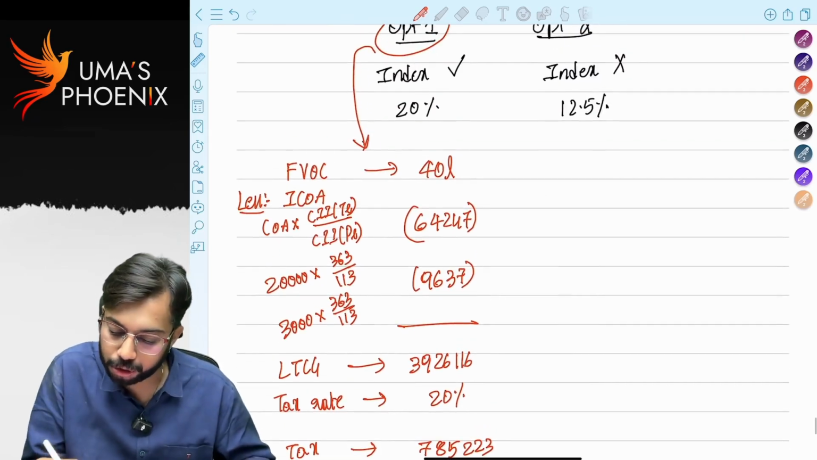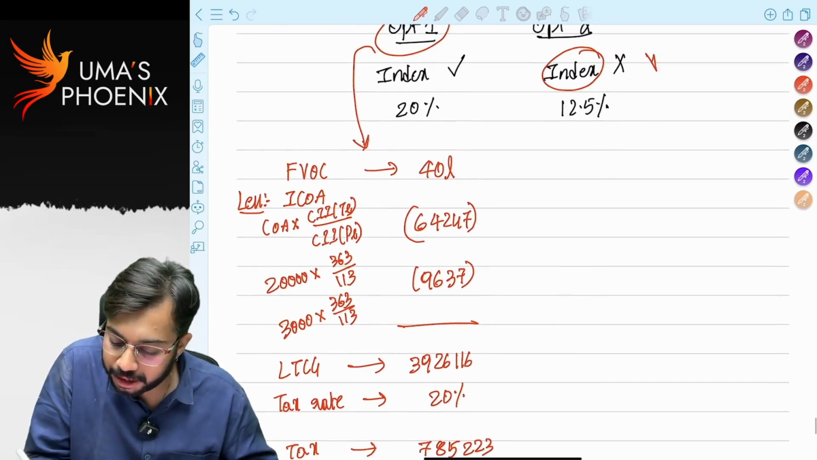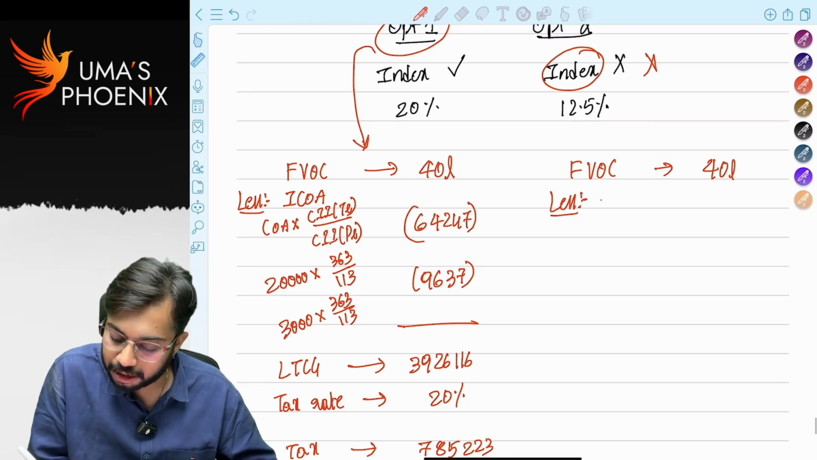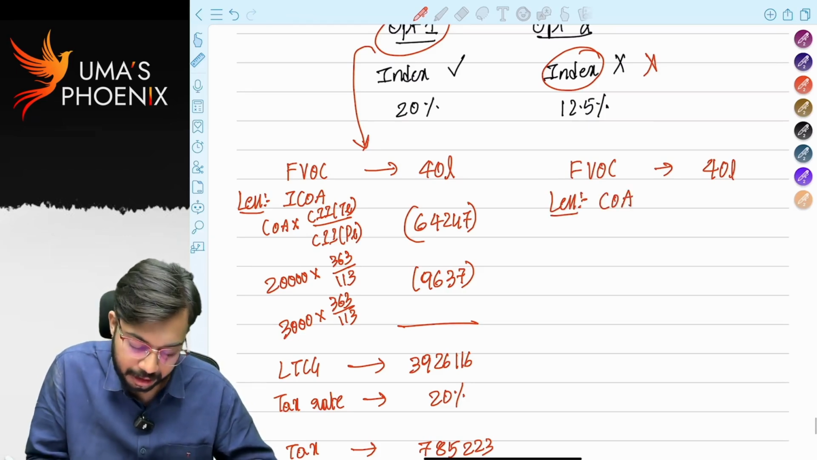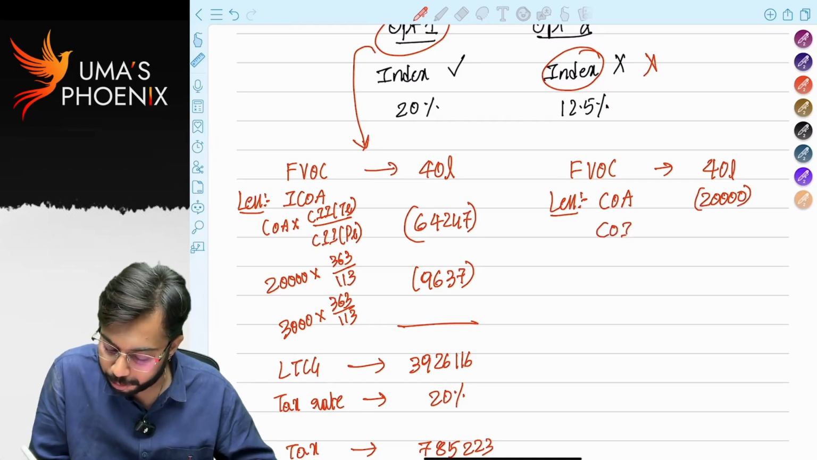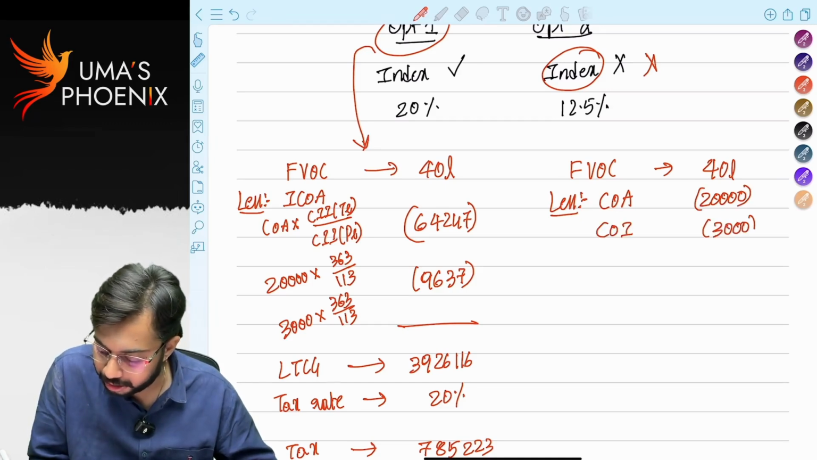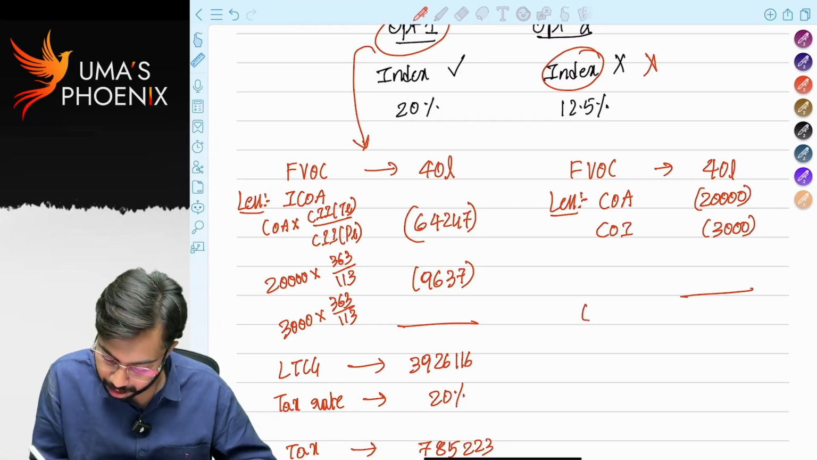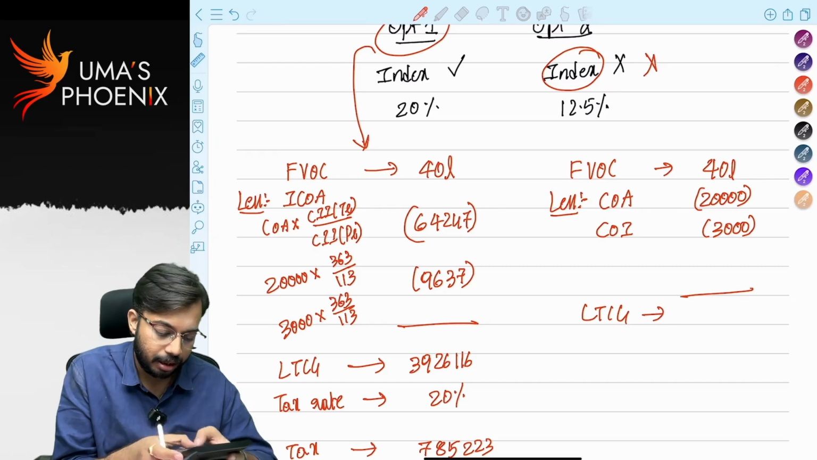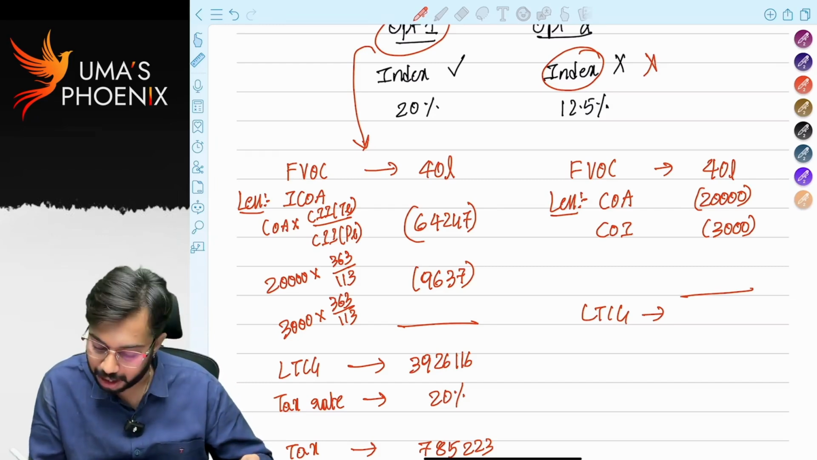As per option 2, we should not claim indexation benefit. So full value of consideration is 40 lakhs. We do not claim indexation. So we will claim cost of acquisition. How much is cost of acquisition? 20,000. We will claim cost of improvement. Cost of improvement is 3,000. So how much is capital gain? Long-term capital gain is 40 lakhs minus 23,000, 39 lakh